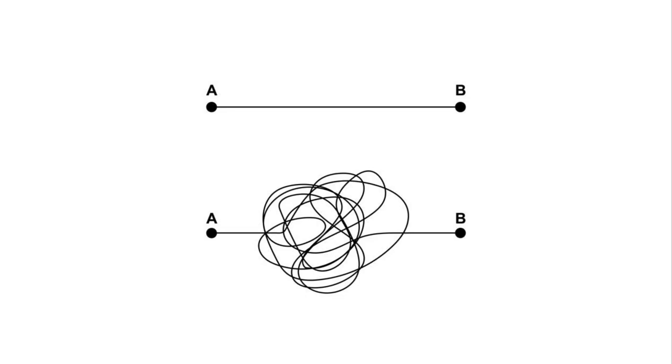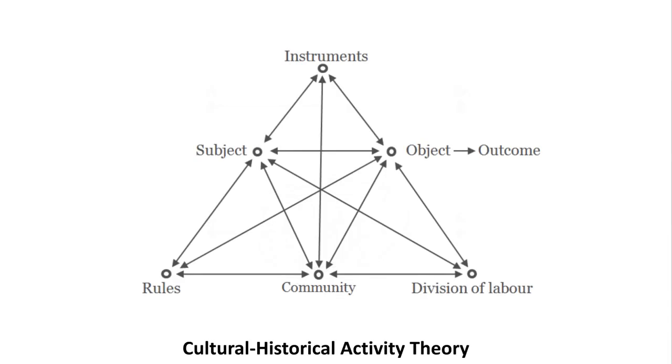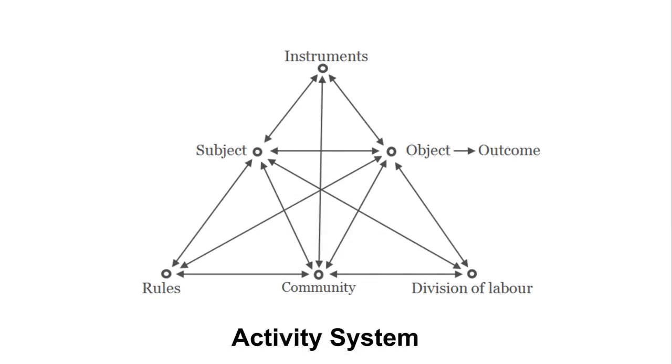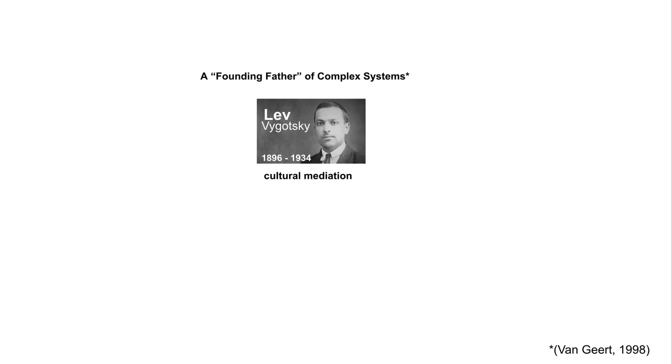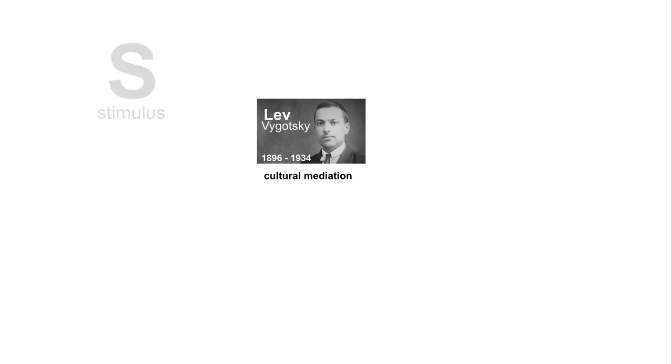And Vygotsky died at a young age, but his students went on to kind of articulate those elements of culture that influence human activity. And what they ultimately landed upon in the 80s was the cultural historical activity theory, which understood the sort of pieces of an activity system as humans work with the environment towards outcomes. It's this system's view that sort of positions Vygotsky as a kind of a founding father of complex systems theory,